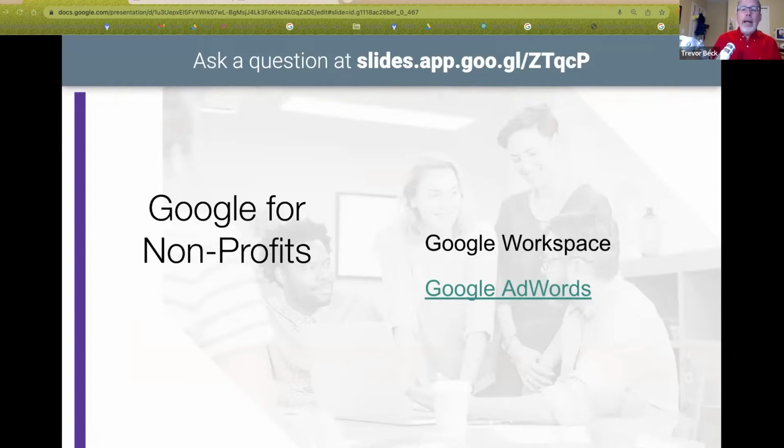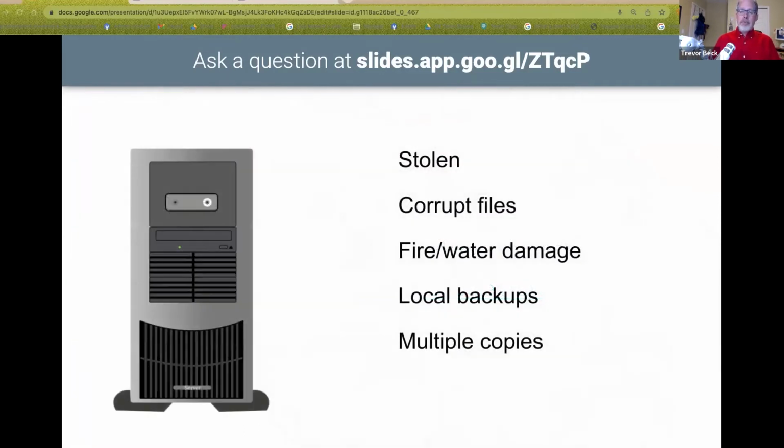If you qualify and are approved by Google, Google will give you $10,000 in free advertising through Google AdWords every month. So your upcoming events, whatever other things that you want to promote, 10,000 bucks, play with it, go for it. Not cash, it's just 10,000 of free advertising. So there are a lot of people that take advantage of that. We're not going to be talking about that today, but just so you're aware that that is available once you are approved through Google.